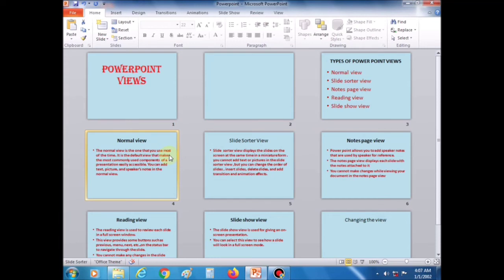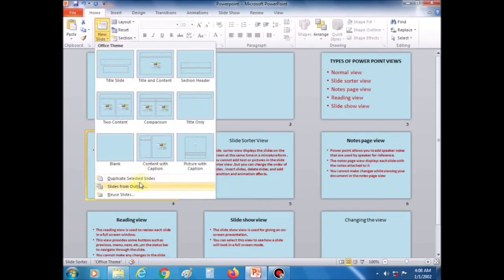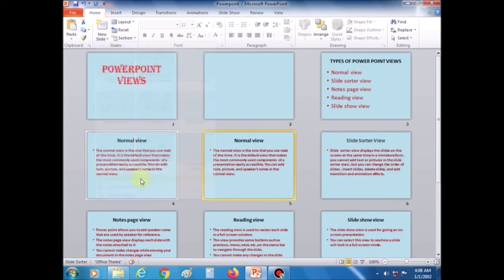To create a duplicate slide, select the slide that you want to duplicate by clicking on it. Then click the Home tab and then click the down arrow under the New Slide button in the Slides group. Then click the Duplicate Selected Slides option from the drop-down box. A duplicate slide is added next to the selected slide.